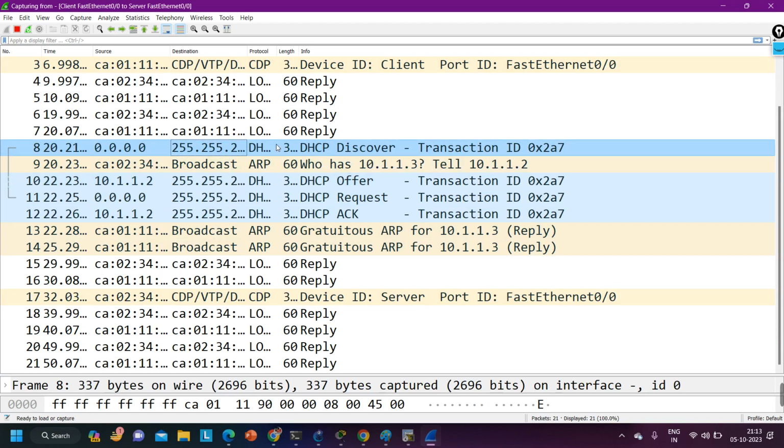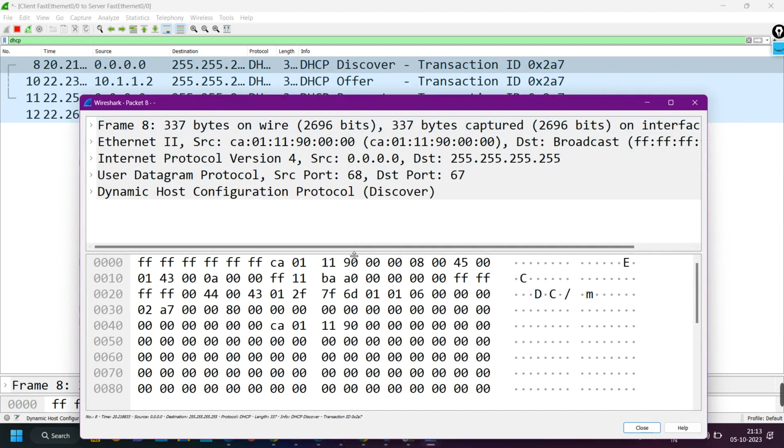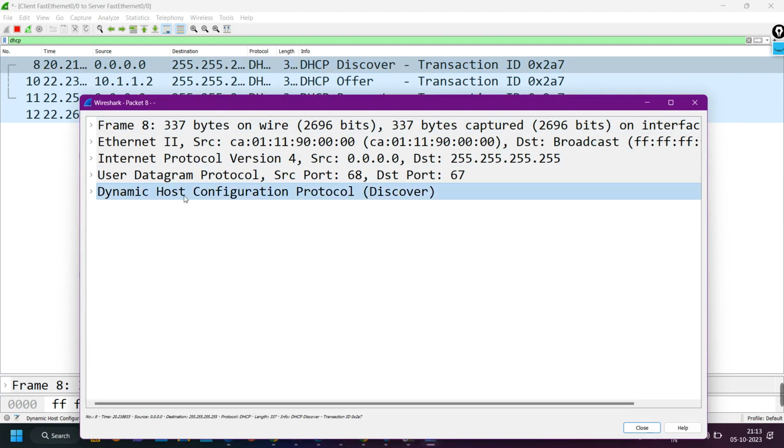Yes, at layer 3, right? DHCP. I want to see only DHCP messages. Okay, so if I open the DHCP discover message, inside the DHCP discover message you can see this is